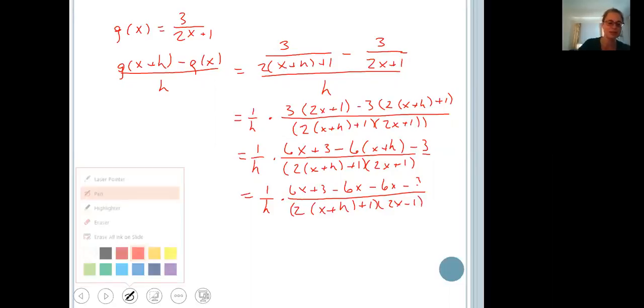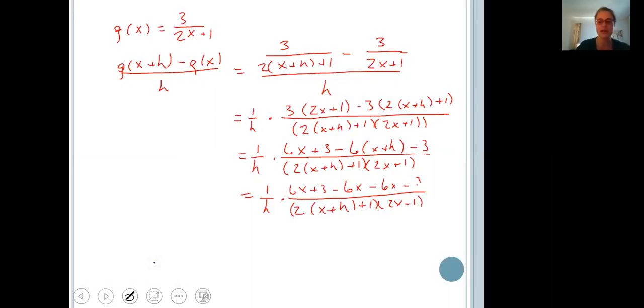And look at what's going to happen. This isn't so bad. 6x minus 6x, plus 3 minus 3. And I am just left with